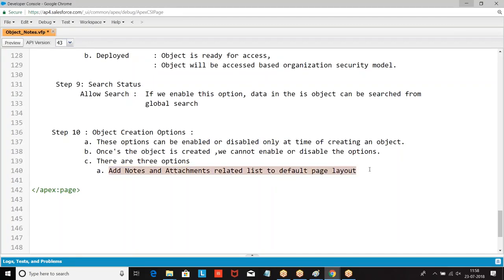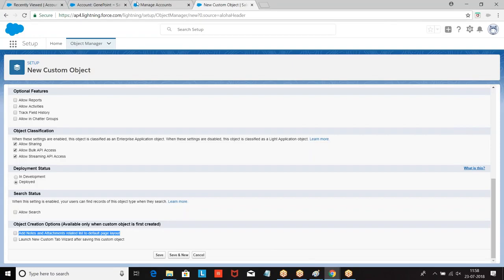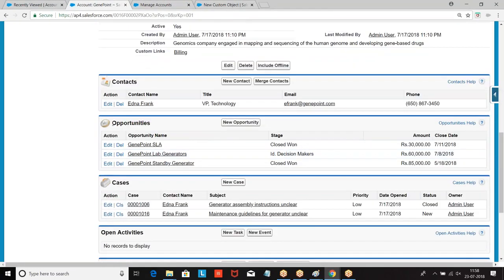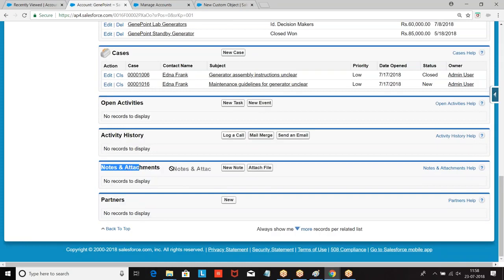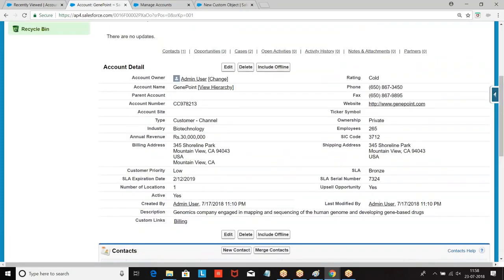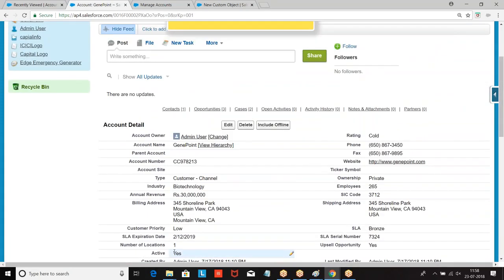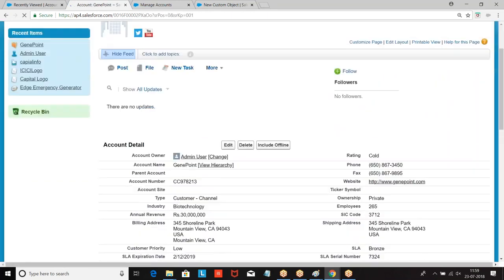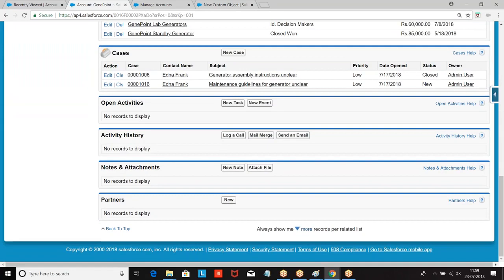If you enable this option, notes and attachments will be added on the detail page, on the record page. Once the record is saved, on the detail page, we'll be finding the notes and attachment. After you save the record, it is called as detail page. While you're entering the record, it is called edit page. What was this page called? Edit page. After saving, what we are getting? Detail page. On the detail page, what we are adding?